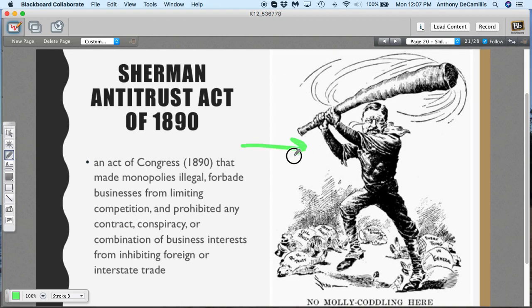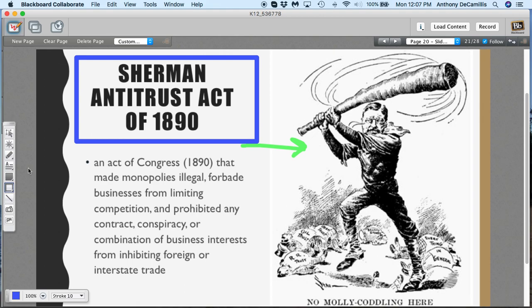Here is good old Theodore Roosevelt, TR. He's going to become president soon. Stay tuned later in the week, we'll talk about him further. But it didn't do a whole lot. This Sherman Antitrust Act is huge in history because we say, oh yeah, monopolies are illegal now, and we used it to prosecute all these massive businesses, and justice prevails. However, it didn't work for a while. It kind of was ignored. No one thought it was a big deal,